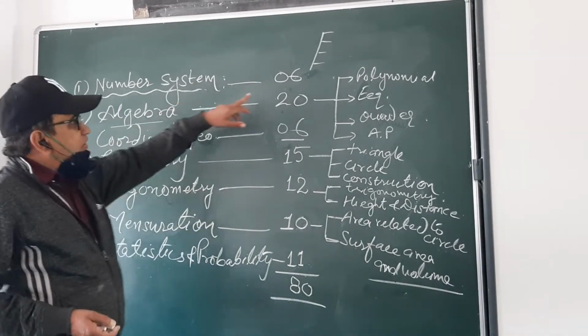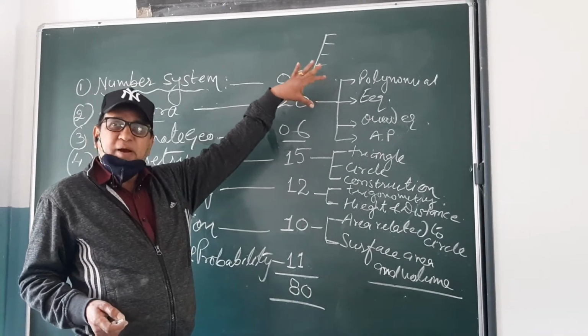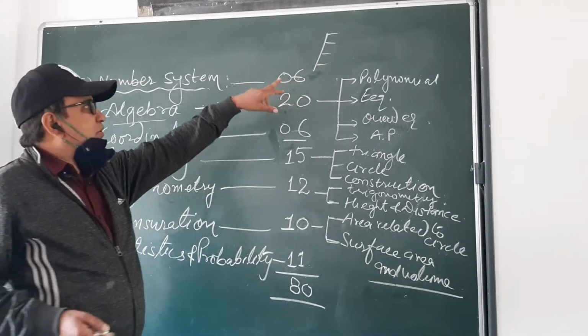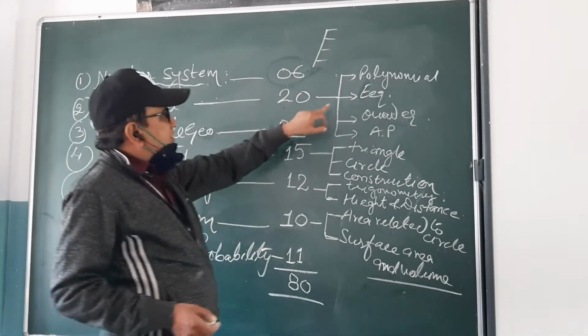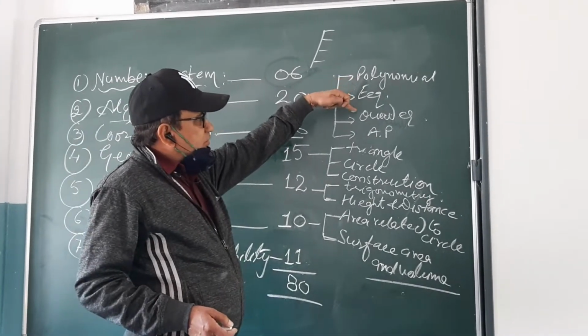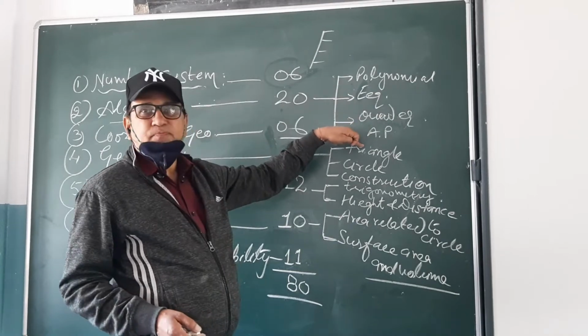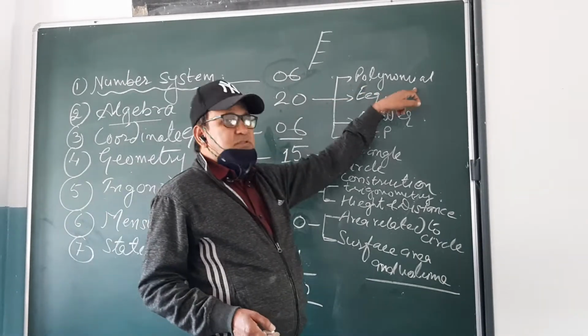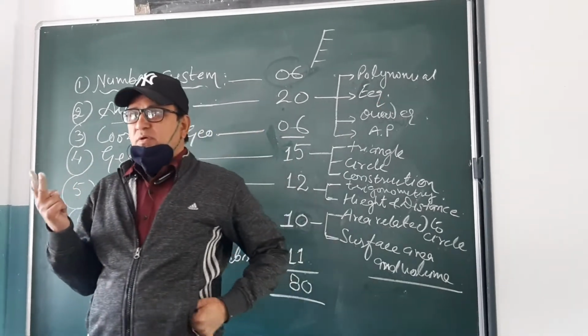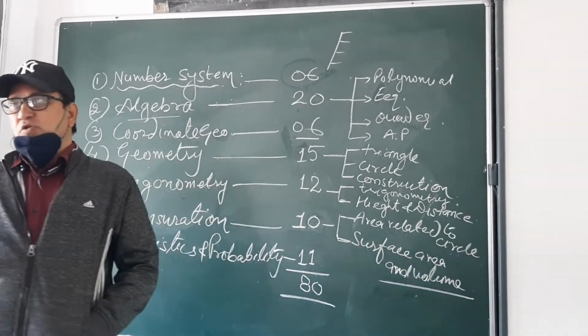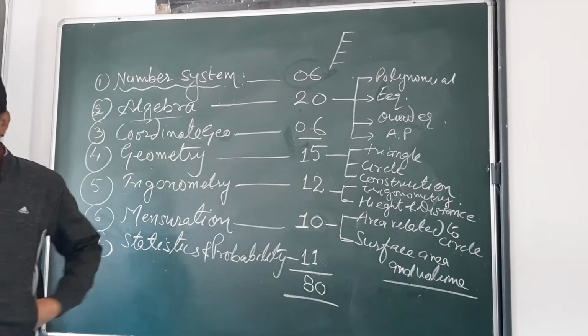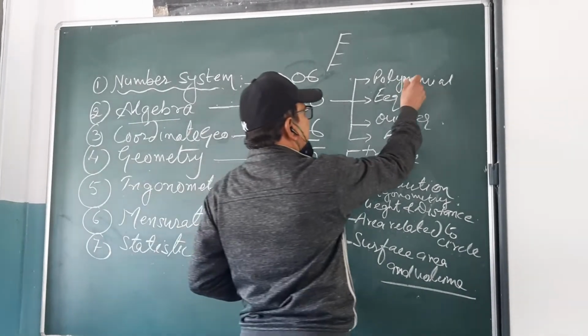Now chapter 1 stands alone by itself. So you divide the number of questions accordingly. You can see the 6 marks we will cover. Now in algebra you will see polynomials, linear equations, quadratic equation, and then AP. Clear? Now in polynomials there are only two topics: find the zeros and the relation between the zeros. Okay, the third portion is deleted, so only two portions are here.